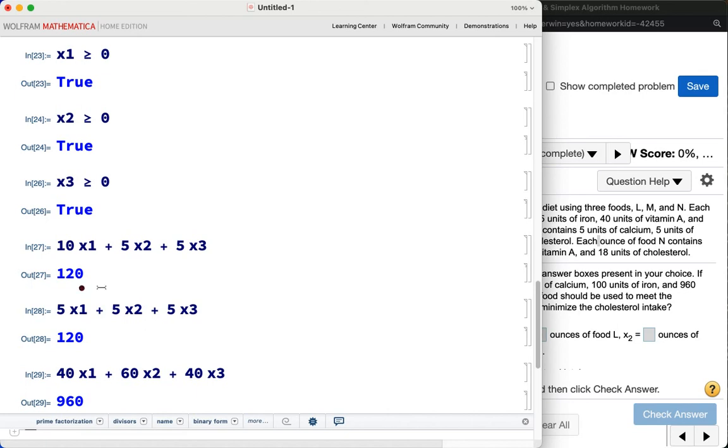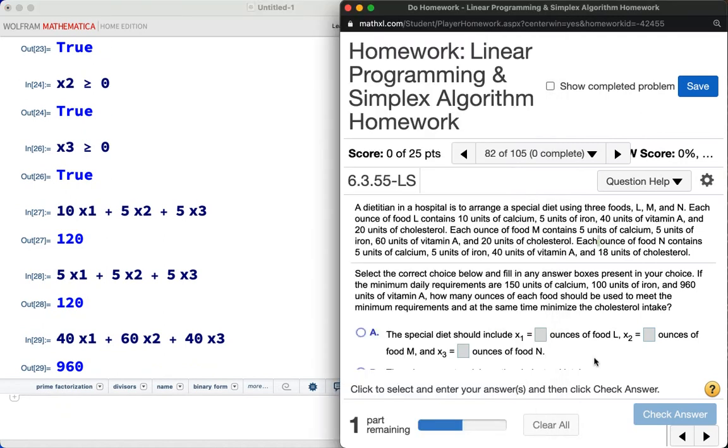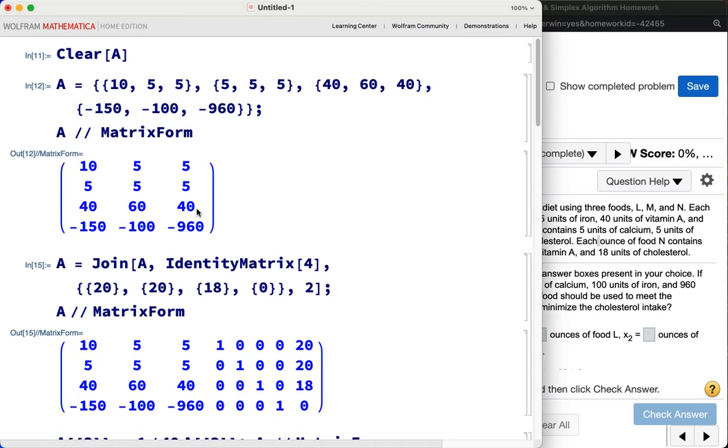This is the issue, because that's supposed to be 150, and we're getting 120, which means we did not find the right answer, so we need to go back and figure out what the mistake was. That's definitely not the right answer. That's really kind of weird. Let me go back, unless,